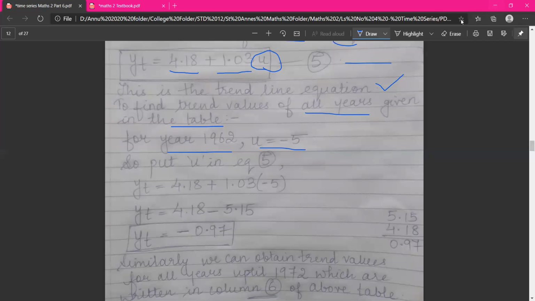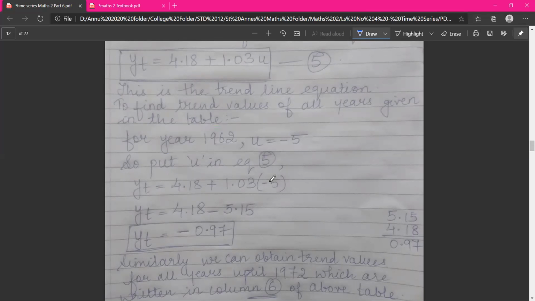I know it is a bit calculative, but you have to do it. You have no choice. This method is a little long, very calculative. So I request you all to practice loyalty. Loyally do the sums. Don't sit with a calculator or mobile, it will harm you. So please be serious when you are doing the calculation part. The sum is easy, a little lengthy, so please don't be lazy.